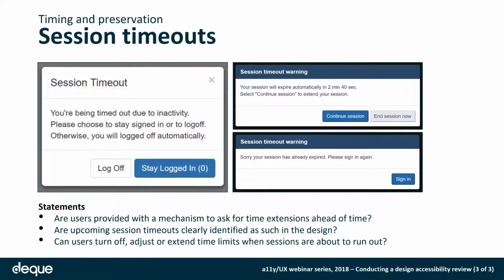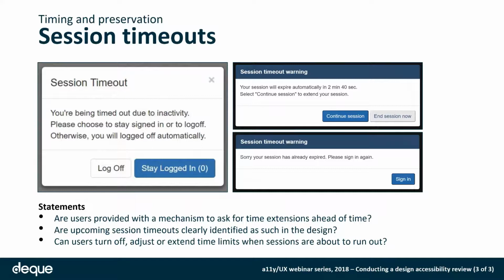So it provides that extra piece of information that allows you to understand what's going on and maybe make a better choice, or at least give you the options that would allow you to finish what you're trying to do. And ultimately, if the session does time out, then you get that message. All of these things, of course, being conveyed to your assistive technologies,